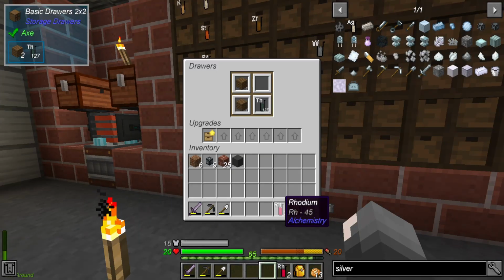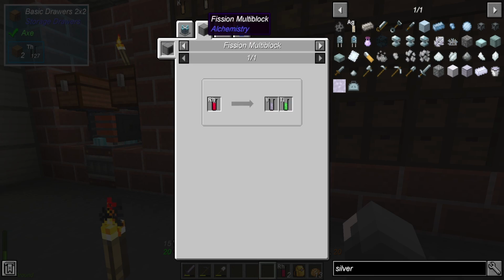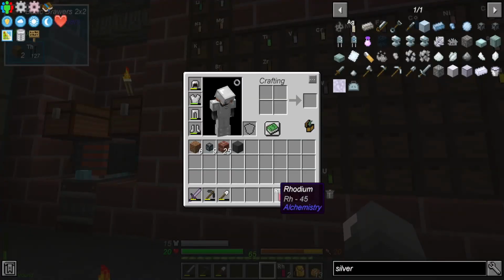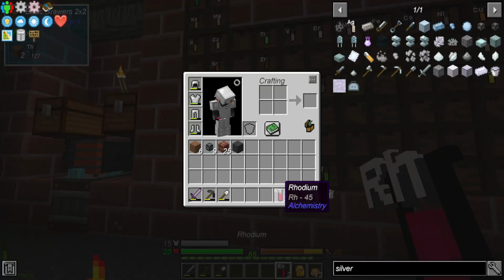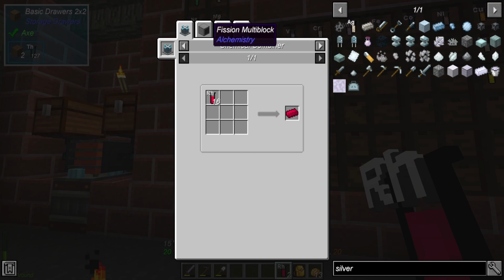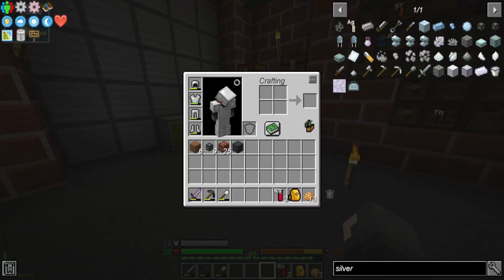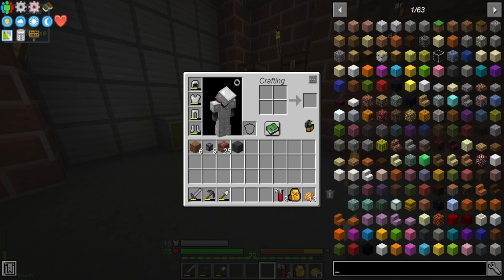And then let's take, what does rhodium break down into? Rhodium breaks down into vanadium and titanium. Now I have titanium and vanadium, so I won't need to break it down any further from here. But what I could do, now I don't see any recipes for it, and I'm assuming there's a reason for that, but if I make the fusion